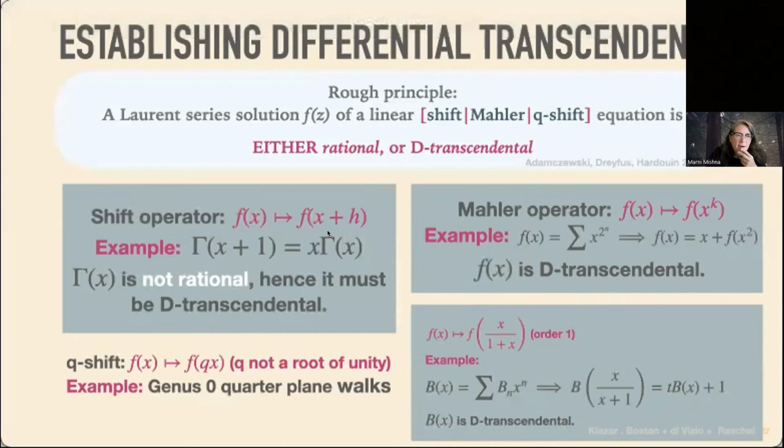What I like about this, I think it's beautiful, because the mathematics is gorgeous. It's like 120 years of mathematics summarized here. These are all very combinatorial operators too. Shifts, we have a good understanding of what they may or may not be. So I think there's a lot of potential to really understand differential transcendence, even though differential algebraicity, I think, is very difficult to wrap your head around. Okay. So again, that's one of my main punchlines for today. If you need a break, take a break. But if not, let's go on and see how this applies to lattice walks.